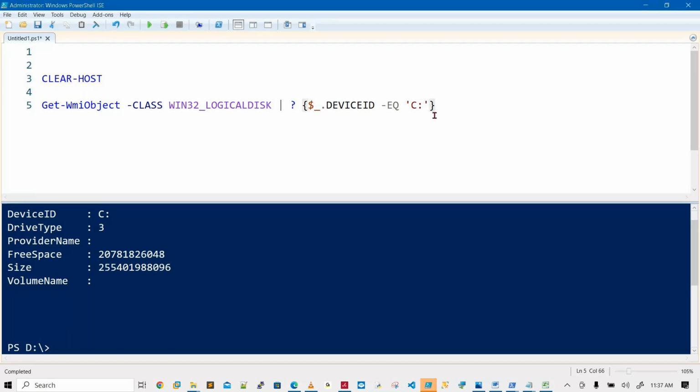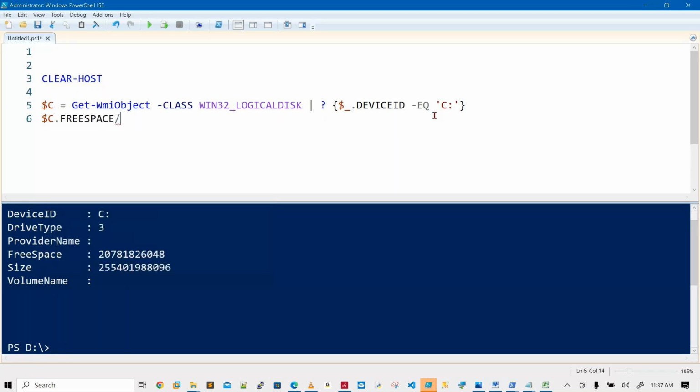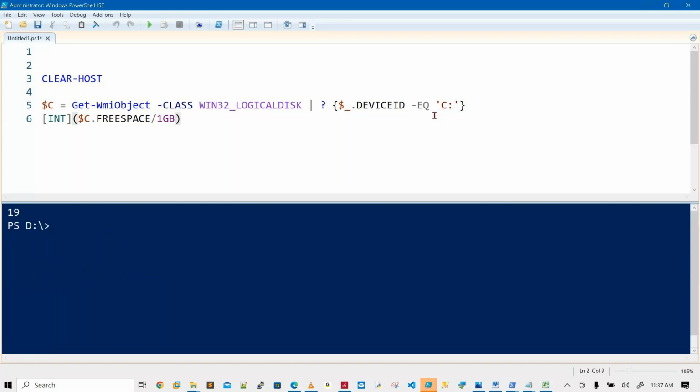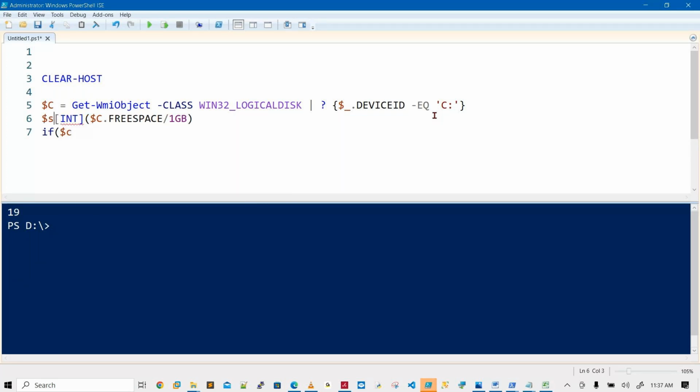See, the total C drive information I am storing into one variable. Anything starting with a dollar, you can call that a variable. Free space divided by 1 GB, in the form of an integer. It's case insensitive. Now I want to do one activity: if free space is less than 50 GB, and definitely now only 19 is there,